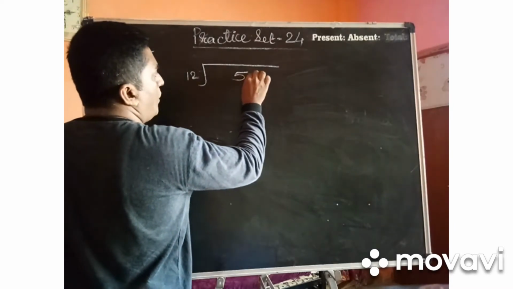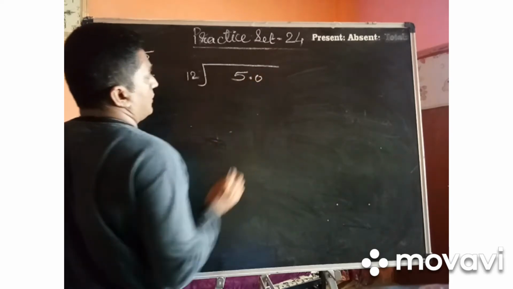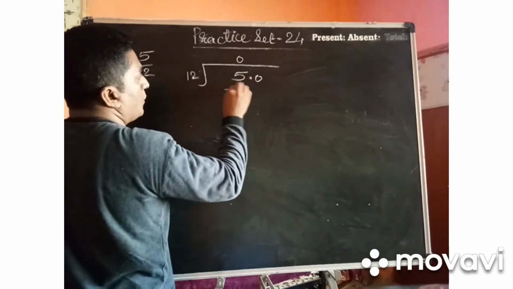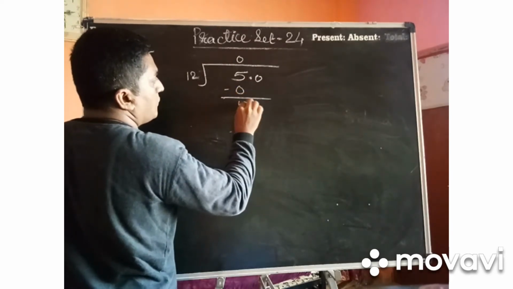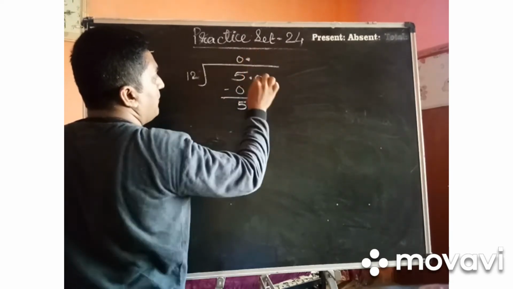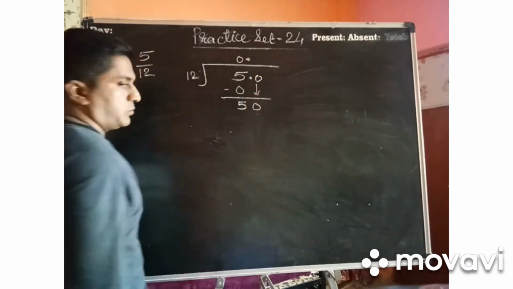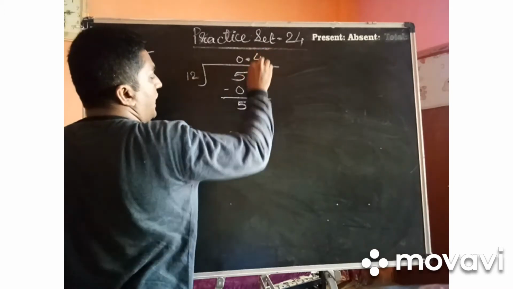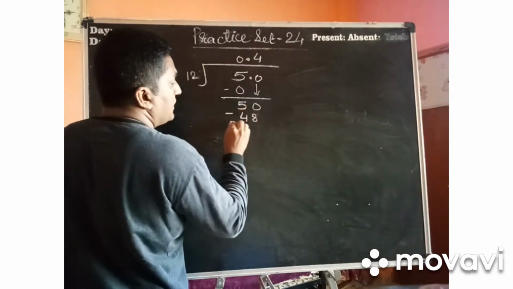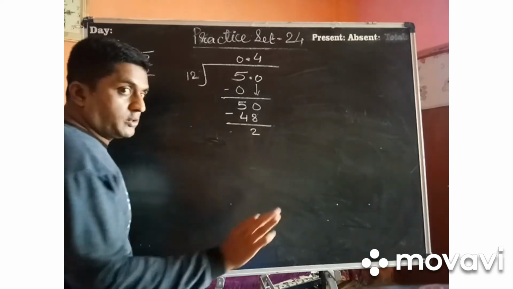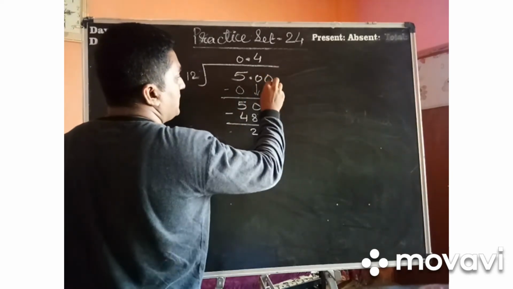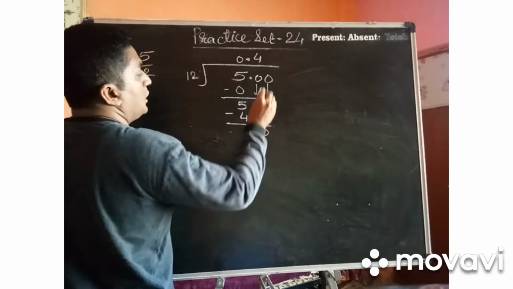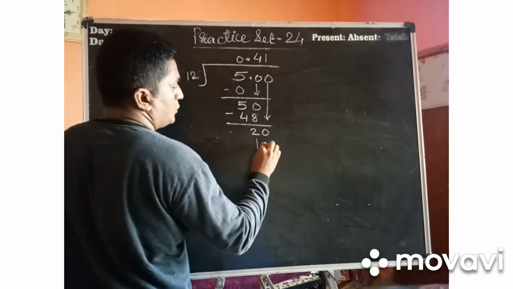Now see, nothing is there, so 0. Point and 0. Okay. 12 zeros are 0. Your answer must be how much? 5. This point will travel up and this 0 will be dragged down. In the table of 12, where does it come? 12 fours are 48. What is the remainder here? 2. Is it over? No. One more 0 can be taken and dragged down. Now see, then this 0 can come here. 12 ones are 12.